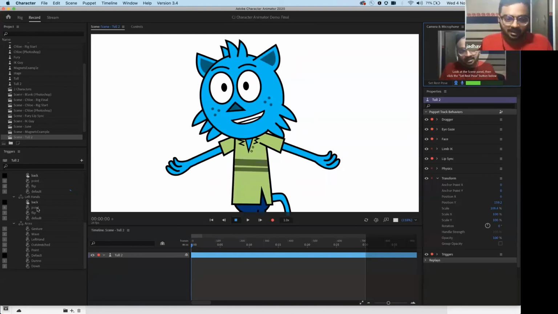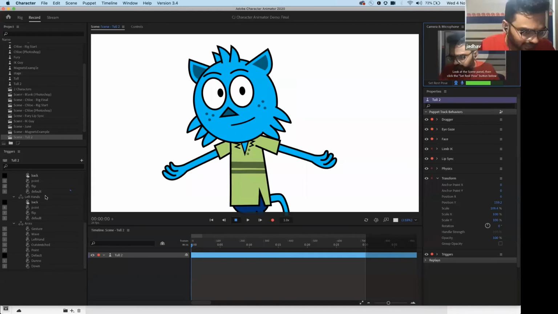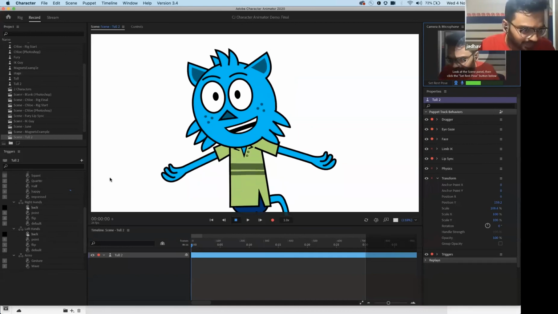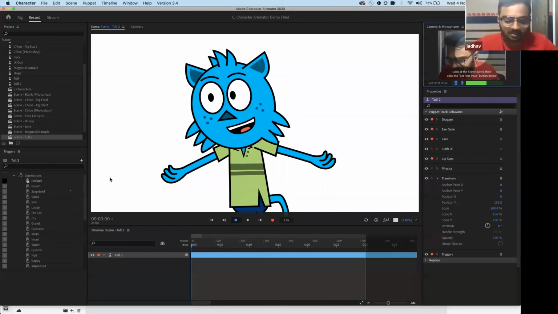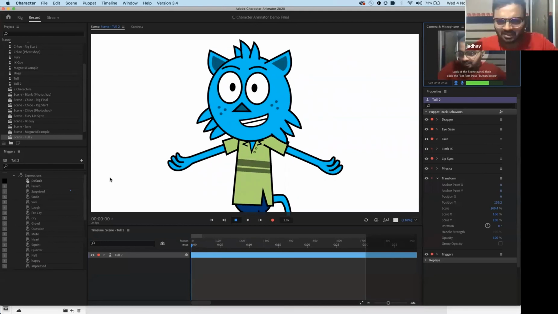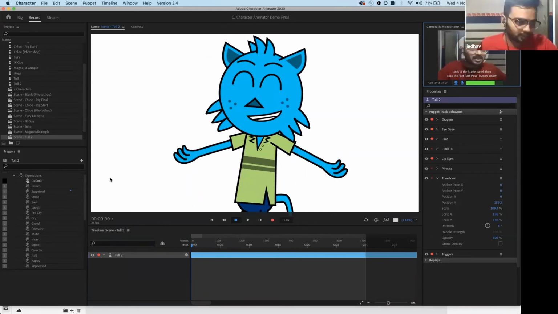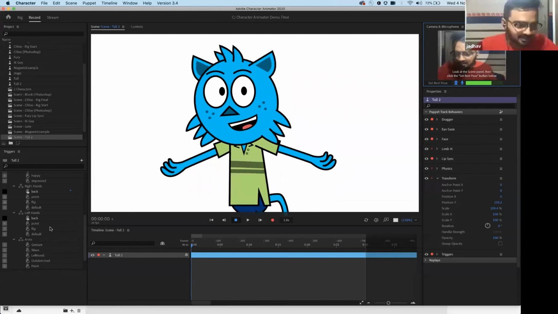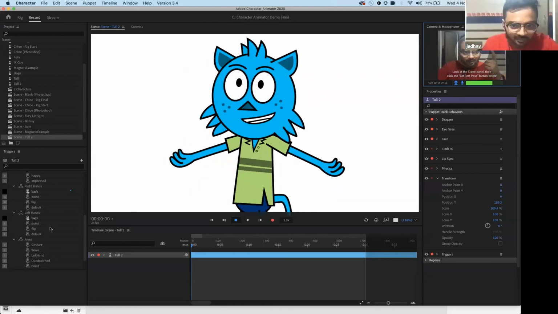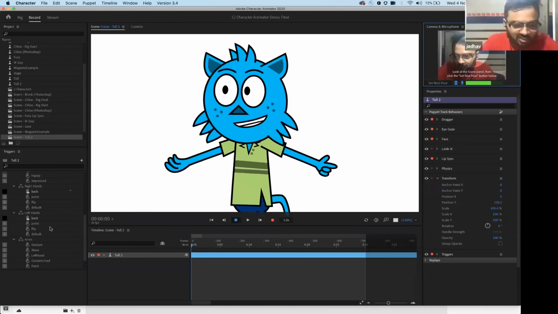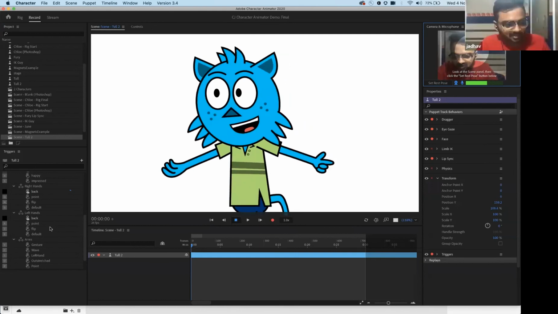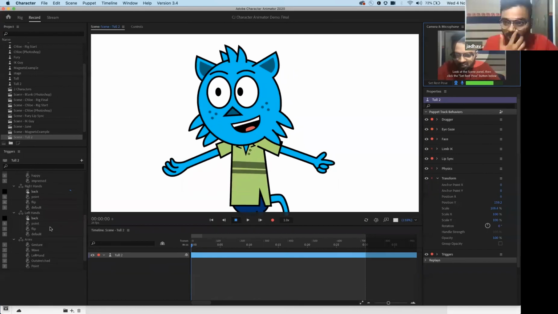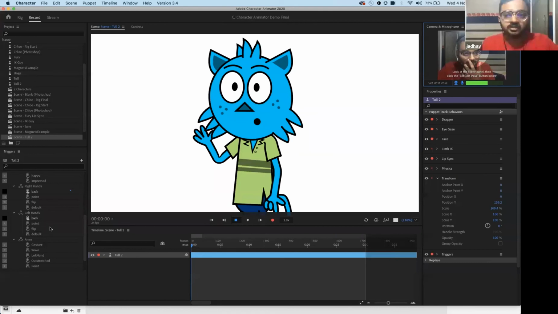Also, there are certain triggers available. So here there are triggers for left hand, right hand. So I can create these triggers, and I can also make facial expressions with keyboard shortcuts. So if I press 1, wow, 2, 3. So these are some of the facial expressions that you can control. You can also control some of the hand movements. So there is something called Q. You see it points out. R is for right hand, Q is for left hand. Also, there are certain gestures which I was able to create. So this is one of the gestures. C is one of the gestures and all. So this way you can create. So Character Animator is very exciting.